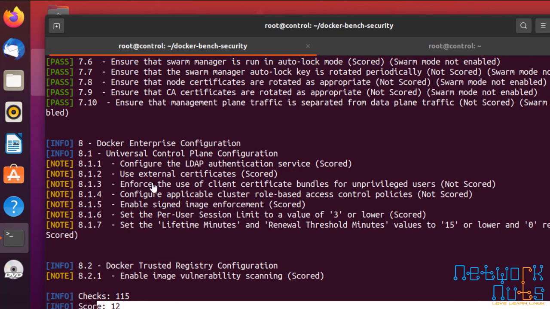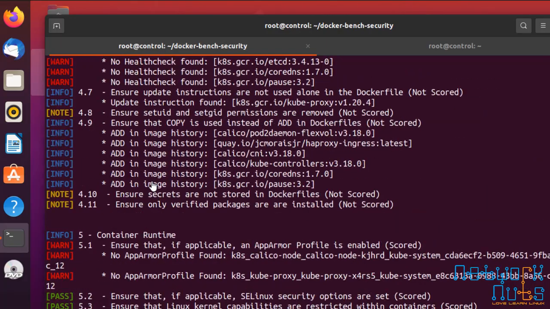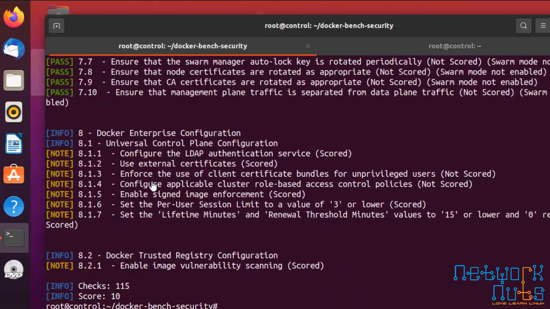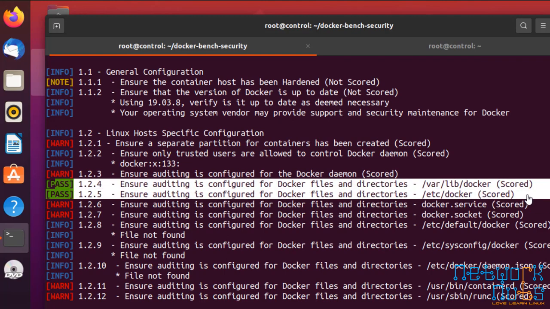Oh, score is 12. Yay! Very good. So let's go. Here I am. Yep, I'm good. Wonderful. This is what needs to be done. So Docker bench security only updates you: hey, do this to secure it. Your Linux mind should go and do this. I hope I was able to explain to you the importance of the Docker bench security tool. Always use this before you commission your server for production or running any production load.